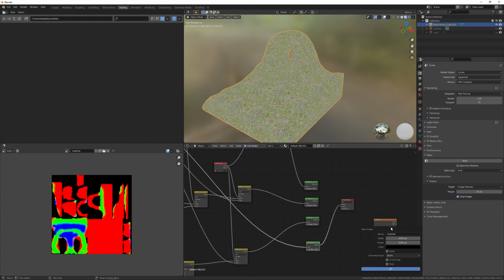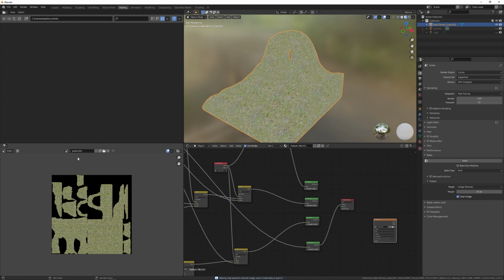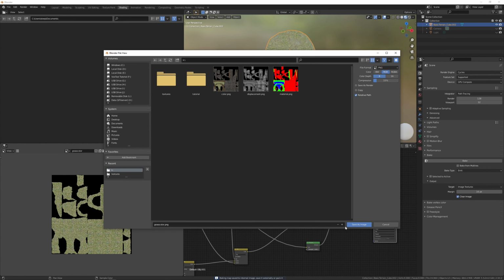So let's make another one. Grass color. Take it. Have it. Grass color.